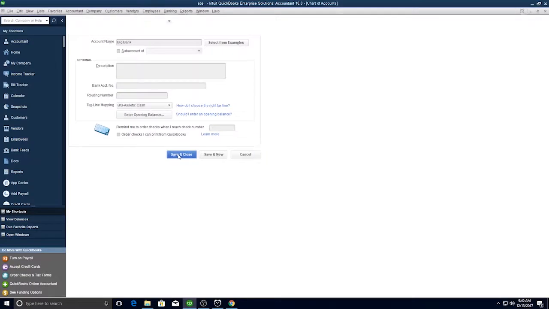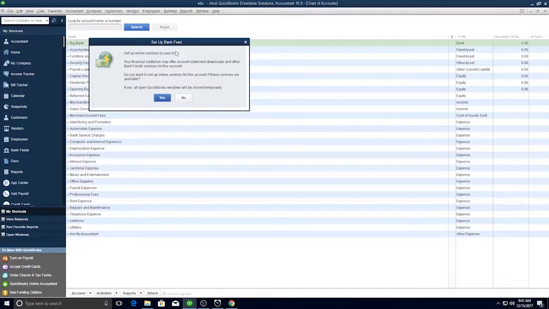So we'll go ahead, and it wants us to essentially set up a bank feed. Now QuickBooks Enterprise will integrate directly with your bank as long as your bank does support it. So what we can do is set up a connector from QuickBooks to your financial institution, and then we can download transactions directly from your financial institution into QuickBooks. And then whenever those transactions are approved and brought into QuickBooks, that means that they're automatically reconciled because